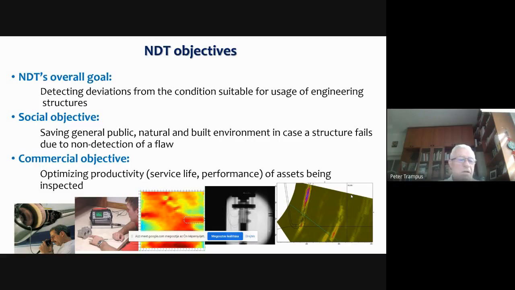One we can call the social objective, which is to save the general public, the natural and built environment in case a structure fails due to non-detection of a flaw, which is basically safety. The other one is the commercial objective, when we try to optimize the productivity of the inspected assets, and the productivity includes the service life and the performance of the assets or of the component of the machine.